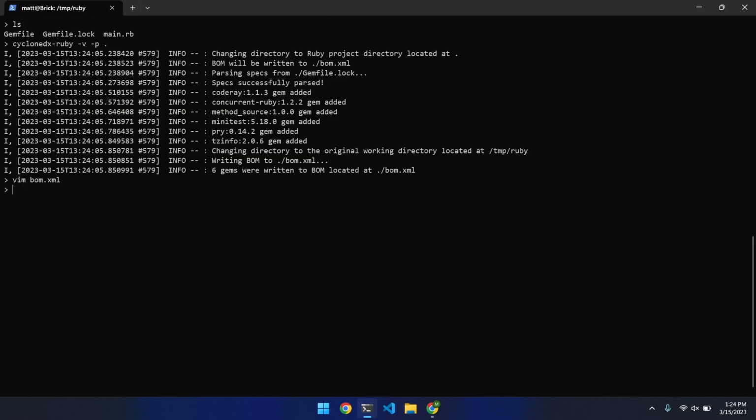Something to note, in order to run this program, it will run against a Gemfile.lock. So as I said previously, you would have had to have run bundle install previously to generate that file. Overall, this is a simple tool for what it is meant to do. If your use case is strictly Ruby code and you just want CycloneDX XML SBOMs, I would usually say this